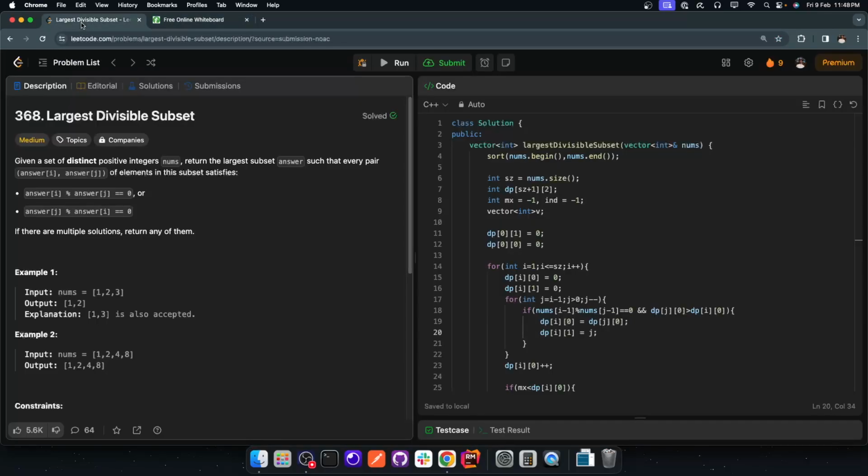But this is not mandatory in this case. So that's the whole explanation. Now I'm going to explain the code. I already have written the code and submitted it. So first, here we are sorting the array, then we are taking the number of size, and then